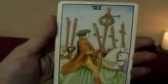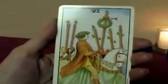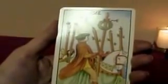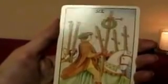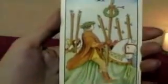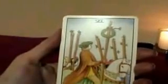The Six of Wands is an interesting card. I like to call it the writer's card. It's a card of achievement after the hard work of the five, sorting through everything. Then there's a feeling of a job well done, but you know, there's still a lot of work to do. But it's one being recognized for their achievements, and it is a time of